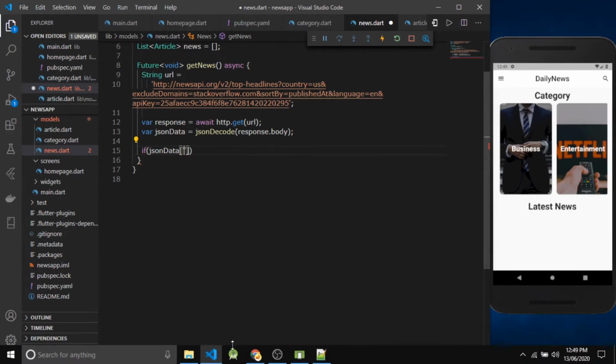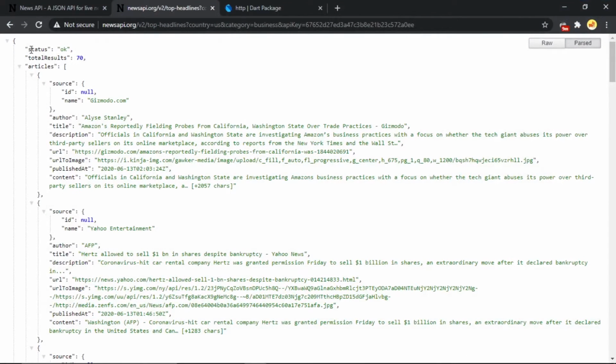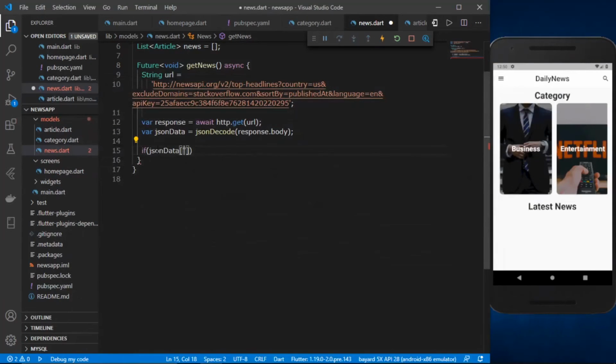So if you guys look at the API, you can see that we have a status over here. It is set to okay since we are receiving this information. So the status is basically set to okay. So what we are going to check is if this status is okay. So if it is okay, then we are actually going to